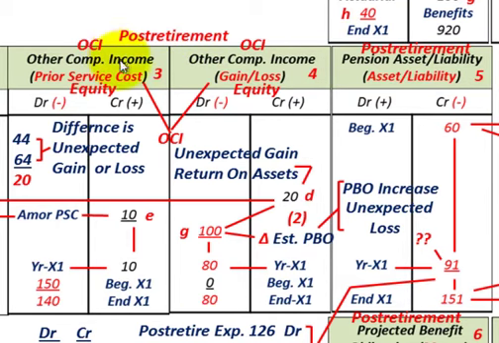And the other comprehensive income, this is an equity account here on the balance sheet. So what we have to do is break out our other comprehensive income, our OCI, between our prior service cost and other comprehensive income for any gains or losses. Again, equity account on our balance sheet. So in our example here,